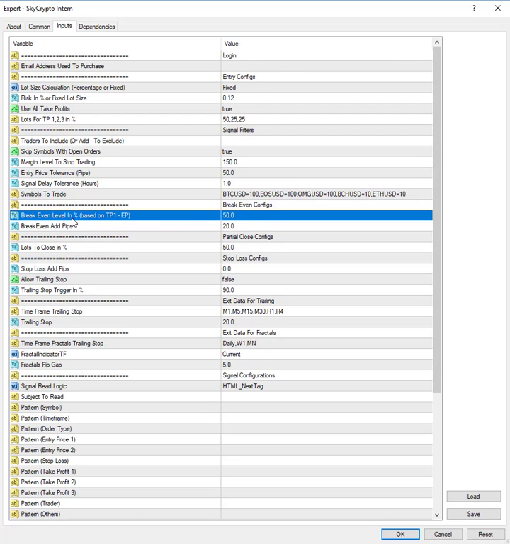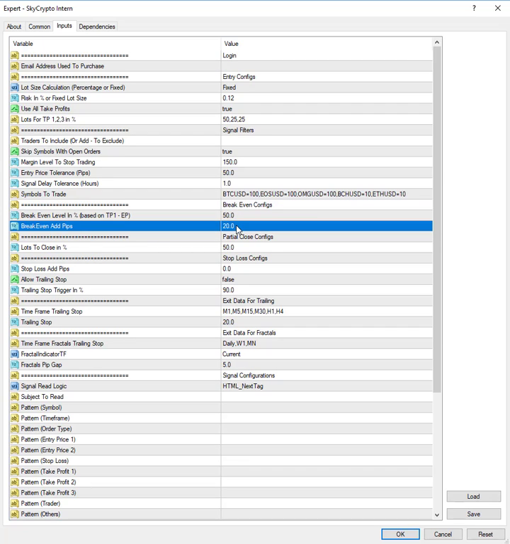When the market gets to 50% of the distance between the entry price that it comes in at and take profit 1, this is the default, it will move your stop loss to break even, and then it will add this number of pips to that move. So in this case, it'll add 20 pips to that break even,